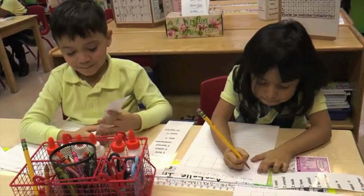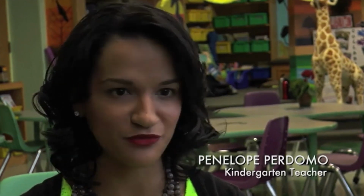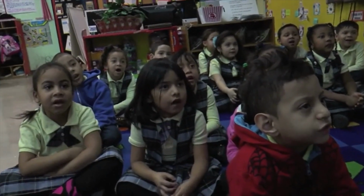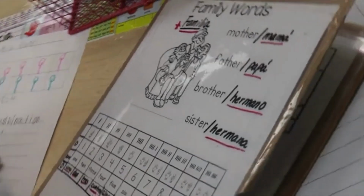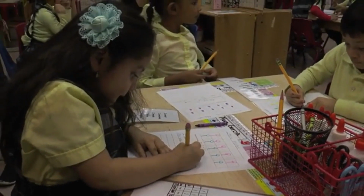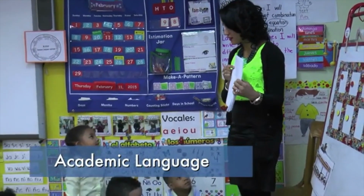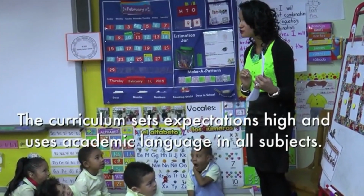Most of my class did not speak English. Half of my class does not know how to organ. So to be able to not only receive content in your native language and be proficient, but also acquire a second language at the same time, that speaks volumes. And identify the equation. My goal, my vision was to create independent learners. And I can walk in classrooms and say, my kids are independent learners. What do you have to do first? A combination. And then you have to write the equation. And then you have to draw